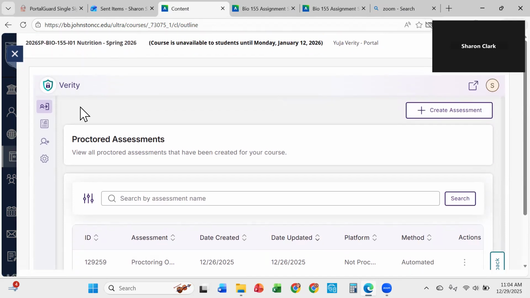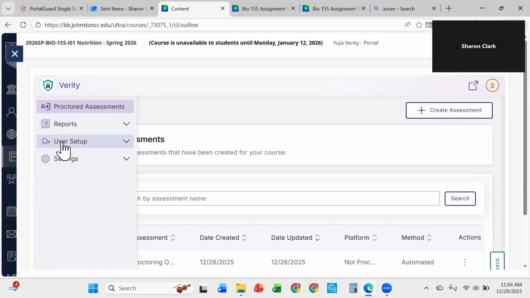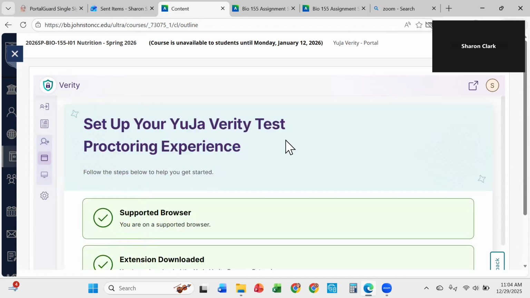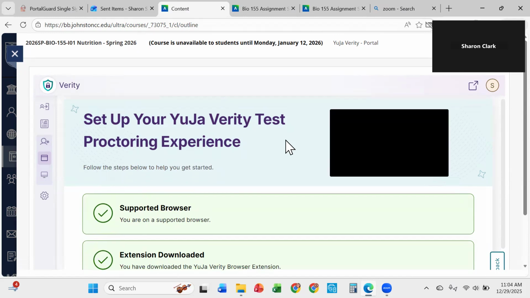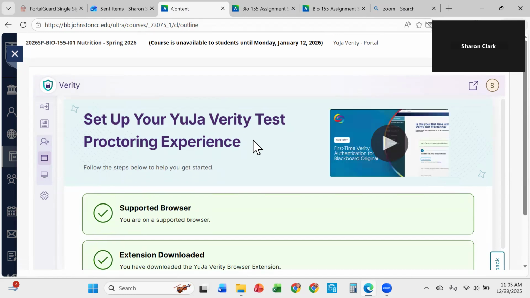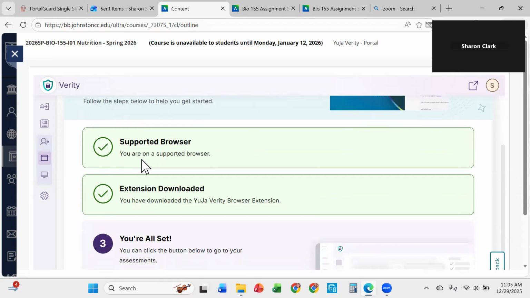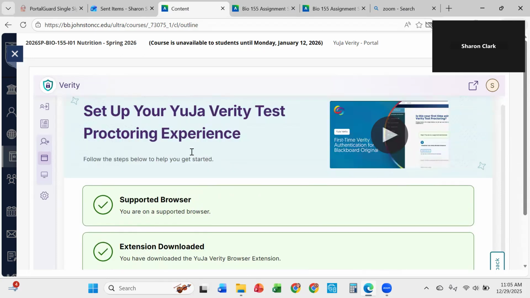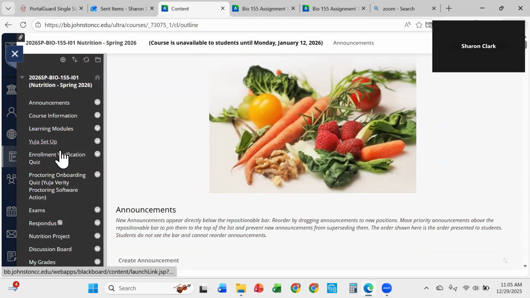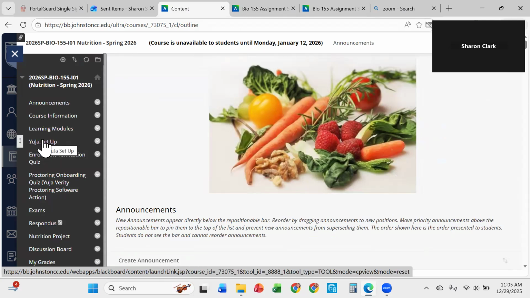This may look a little different for everybody because I already have it downloaded, but there is a user setup guide right here. When you click on the USIA Verity link there in the Blackboard page, you want to do supported browser and browser extension. Click those two things and then just follow the steps. It sounds a little clunky and confusing, but if you just click on this link and make sure you do everything that it tells you to do,